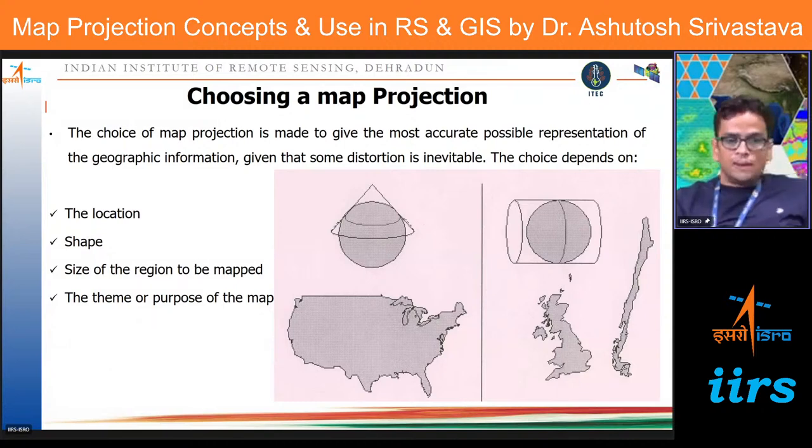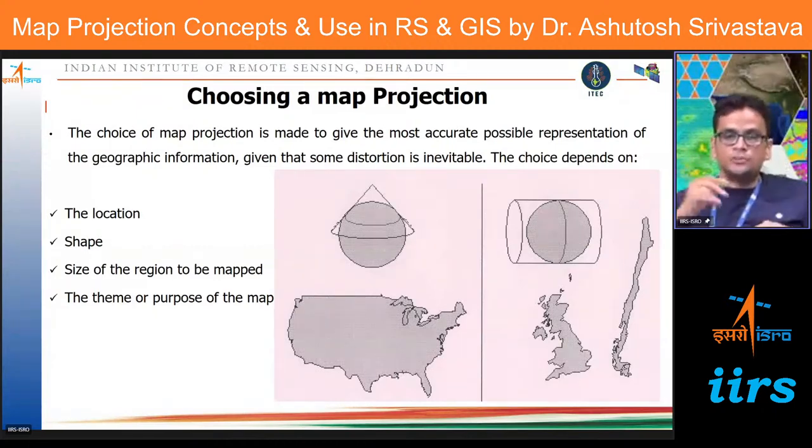The choice of the map projection is made to give the most accurate possible representation of geographic information, given that some distortion is inevitable. The choice depends on the location, type, size, and the theme or the purpose of the map. As I told you, we have different combinations and different map projections available. We have a cone, we have a cylinder, we have a plane map, and in that also we have a tangent, we have a secant,